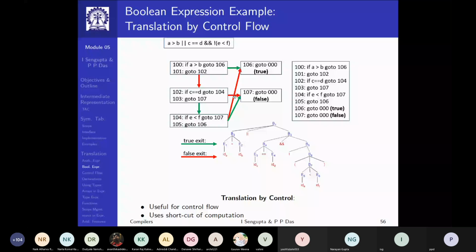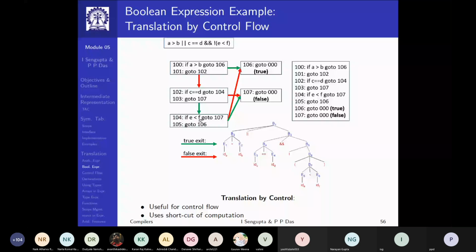Then I know that I will go to the false exit, because then the rest of the expression has to be false. So I have a false result. But if it is true, then I have to go and evaluate the last one, E less than F.